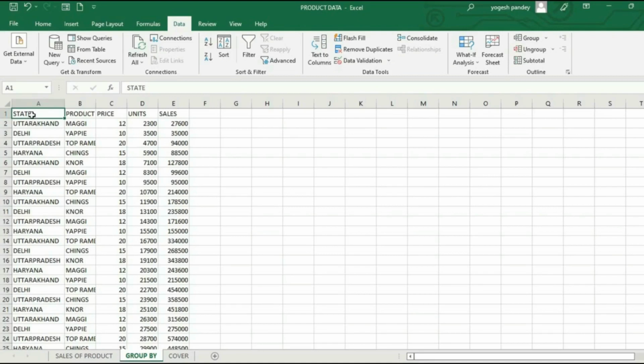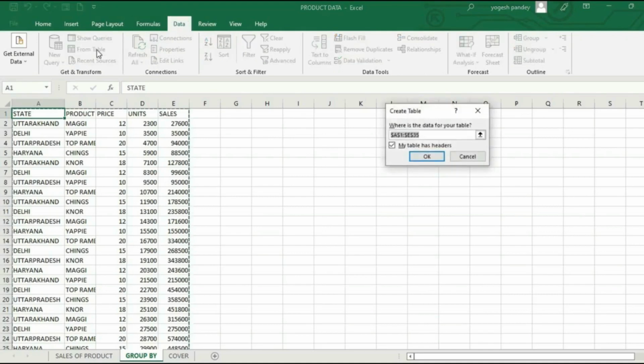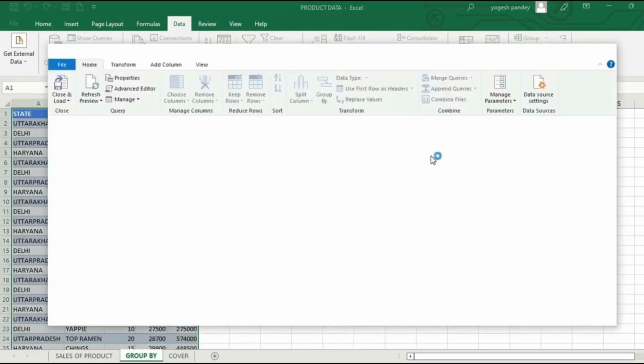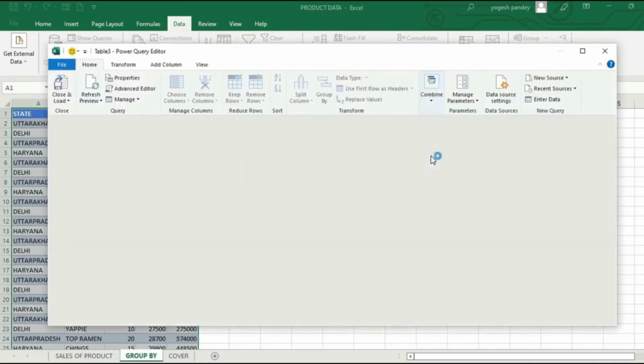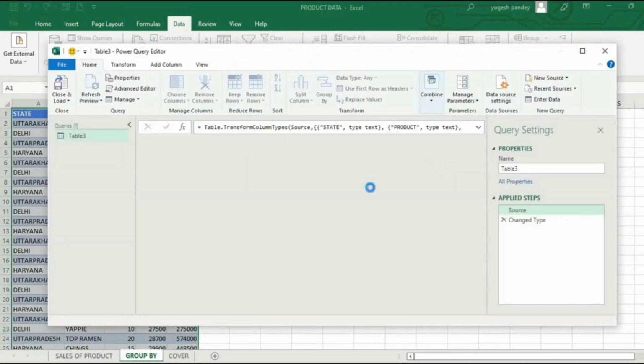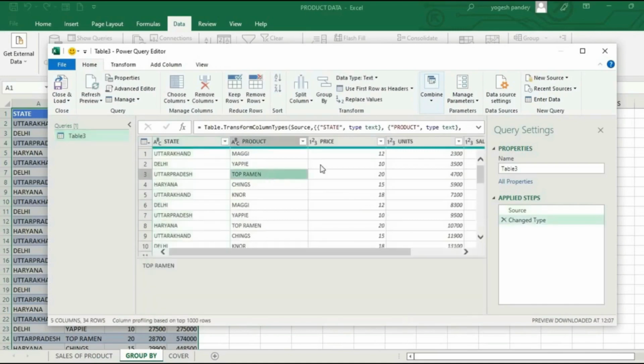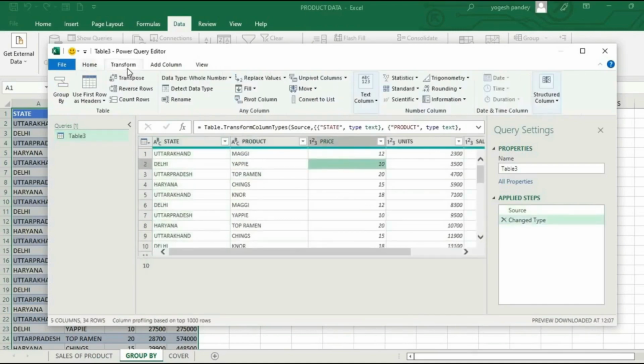We will go here to the data, and from Table/Range we will convert this, with my table has headers checked, and press OK. Now our Power Query Editor will open, and here we have the data. So how can we do that? In the Transform tab we have Group By here. If we click on that,